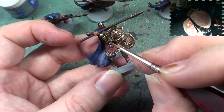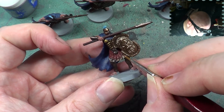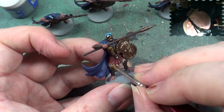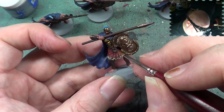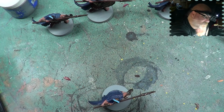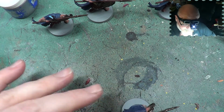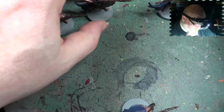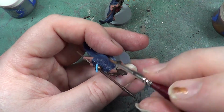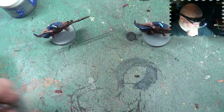In fact, while I'm here, I'll also do these areas as well. Yeah, that'll do. Right, so that's what I'm going to be doing with the other minis. I'll be back in a second. Okay, so there we are. That's all of the minis done